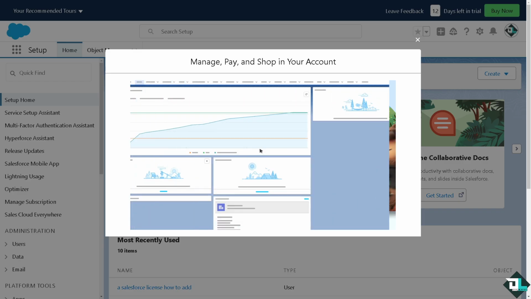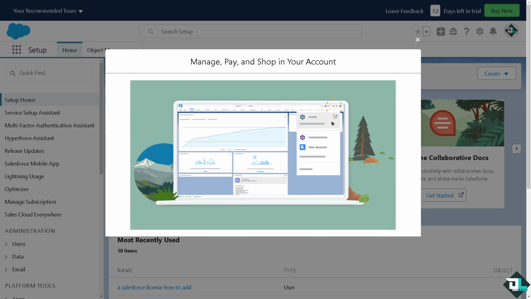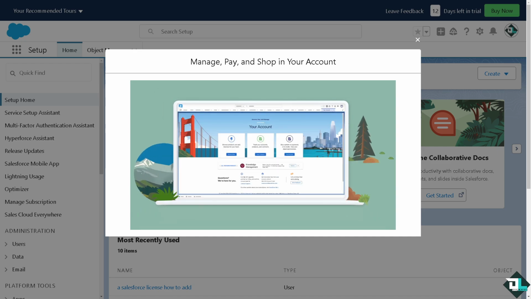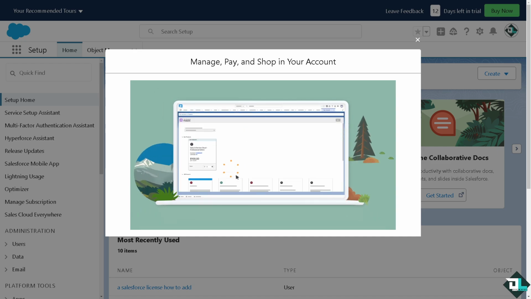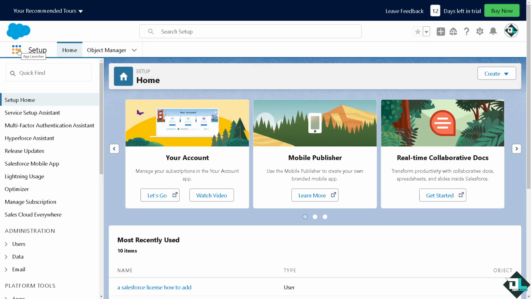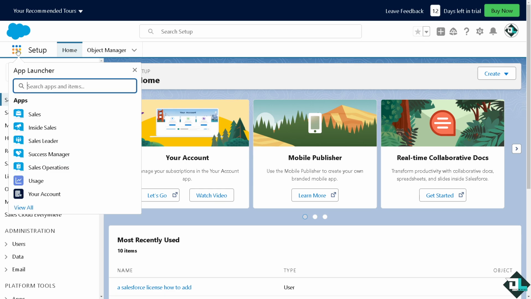Creating a list in Salesforce typically refers to making a list view for records or generating a report. Once you are logged into your account, I want you to hover to the app launcher beside setup, the one that has colored circles going around. I want you to click on it. For example, you can click on sales leaders, and a lot more, but I'm gonna click on the sales for